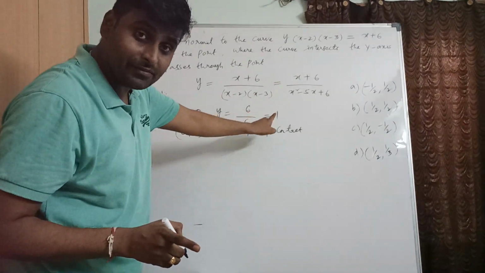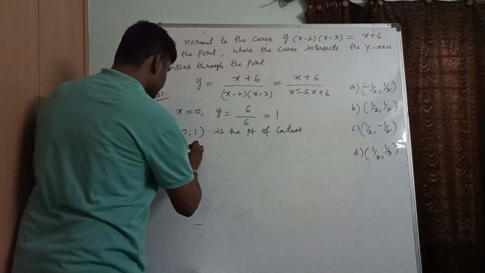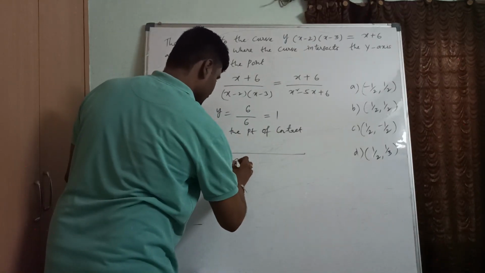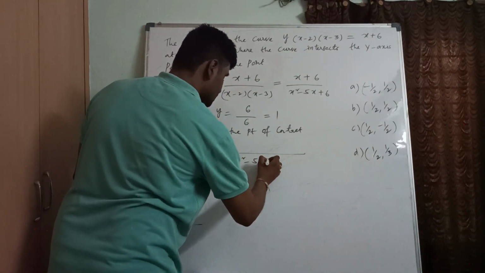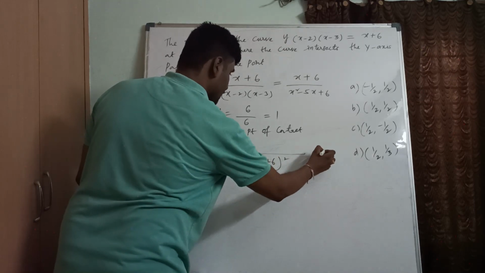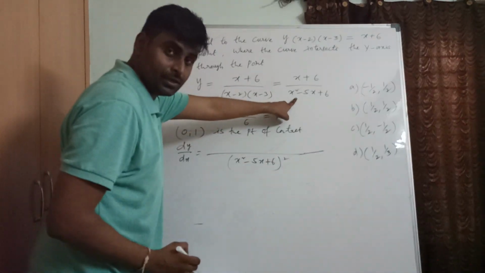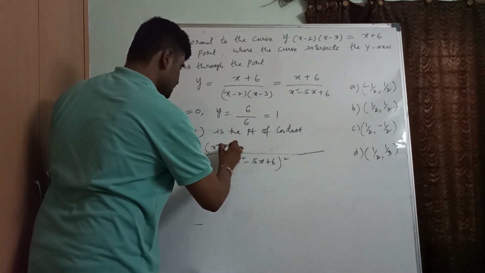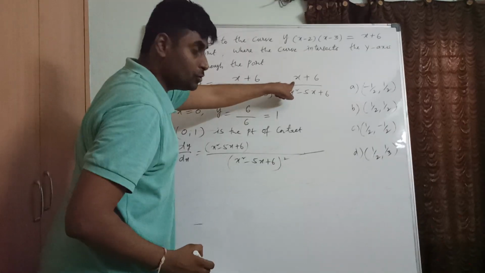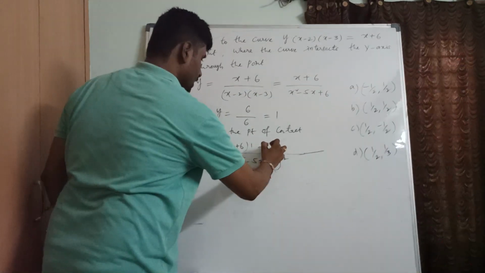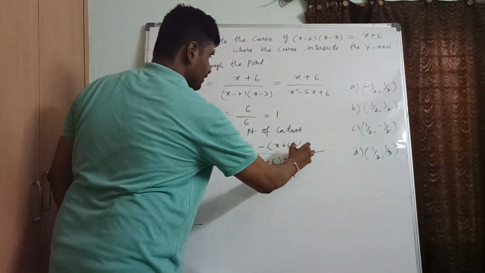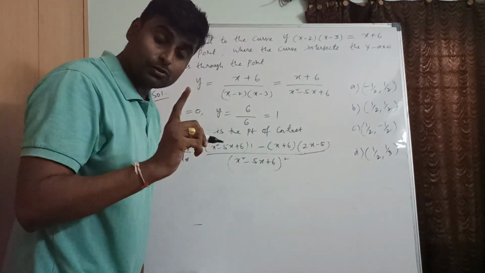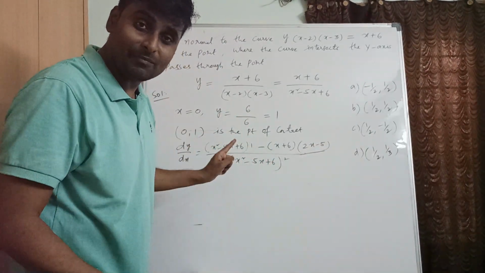But after differentiating, chalo, differentiate that one. dy by dx equals u by v, down v square, that we know. x square minus 5x plus 6 whole square. First v into derivative of u, v as it is. Now derivative of u is 1. Now keep u as it is. Derivative of v is 2x minus 5. And one more thing, we should not simplify till the end. We should not make it lengthy.